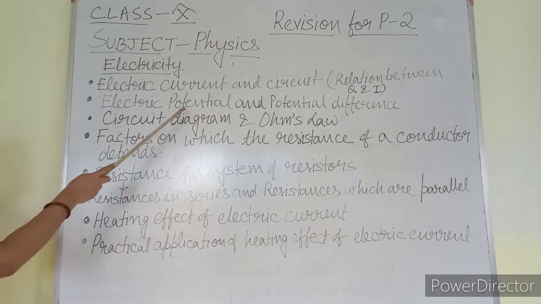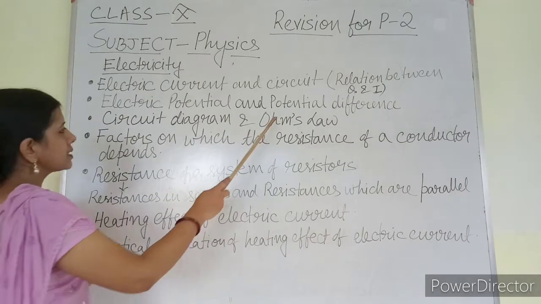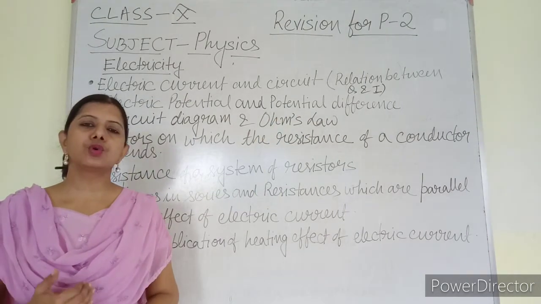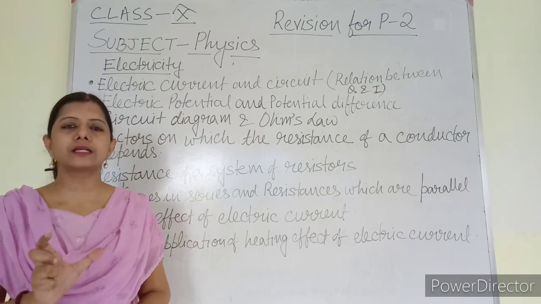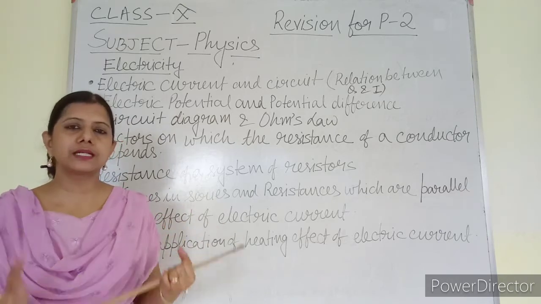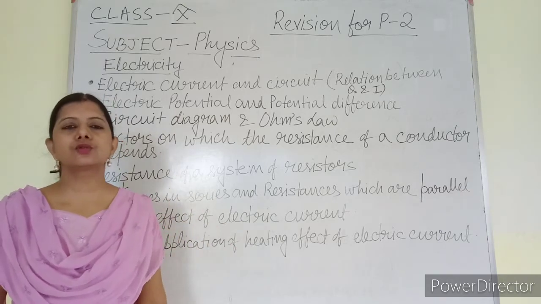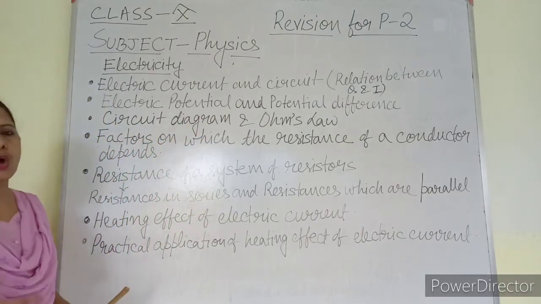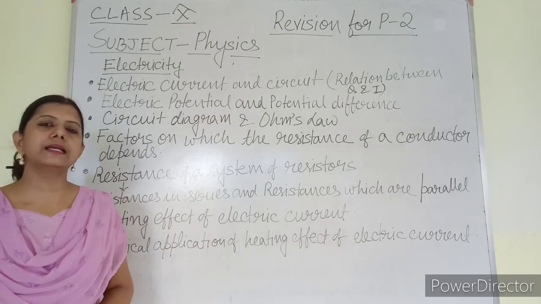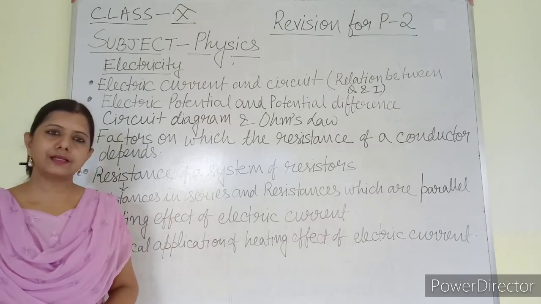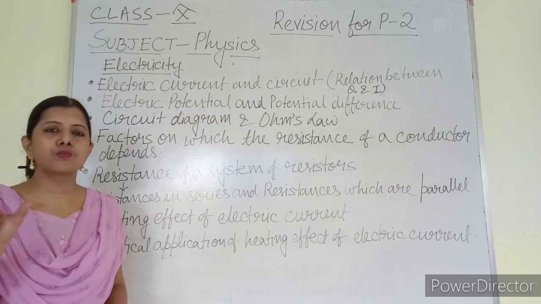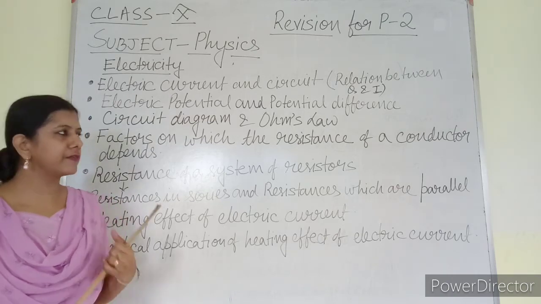Second is what is electric potential and what is potential difference. All these things you have to know, the definition along with the mathematical expression and mathematical derivation. These things should be clear to you. Next, the circuit diagram, the normal circuit diagram. You are learning it from class 8, I hope so. So that normal circuit diagram, what are the components of that circuit diagram, everything.